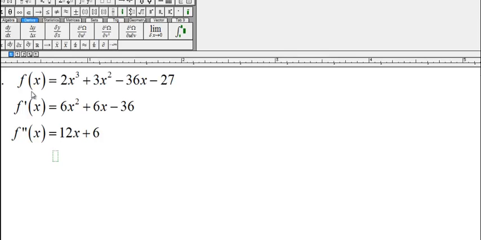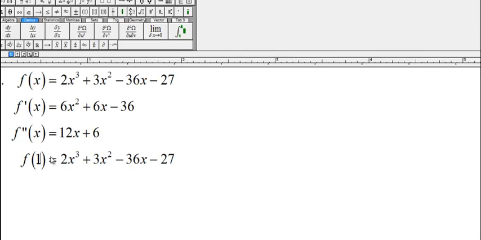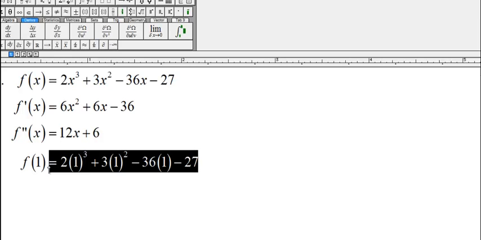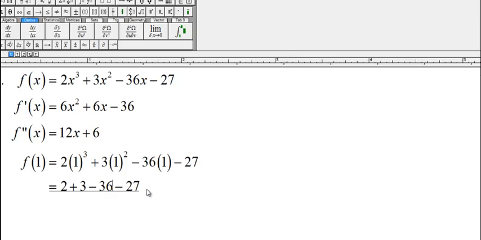Now we also want to find the tangent line at x is 1. So we need to go back to the original function and plug in 1 for the x. Okay, 1 cubed is 1, so that times 2 is just 2. 1 squared is 1, times 3 is 3, 1 times 36 is 36, so we're at that point. Let's see, 2 plus 3 is 5, and negative 36 and negative 27 is negative 63,